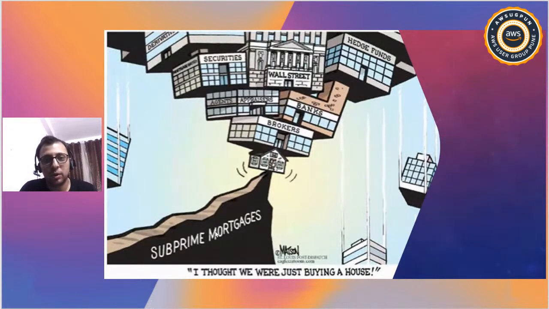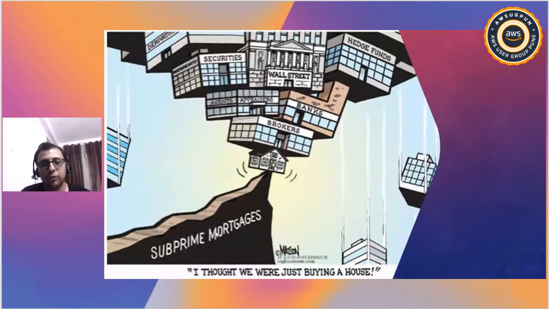If a bank will give a loan and the interest is at 5%, then they cannot, because the bank identifies that these people are not good enough to return that 5% interest. But then what was done is they were given the loan at 10%, and those securities, like subprime mortgages, were actually packed. So someone who cannot pay 5% was given a loan at 10%, assuming that they will pay. So this is how the subprime mortgages happened in 2007, which means